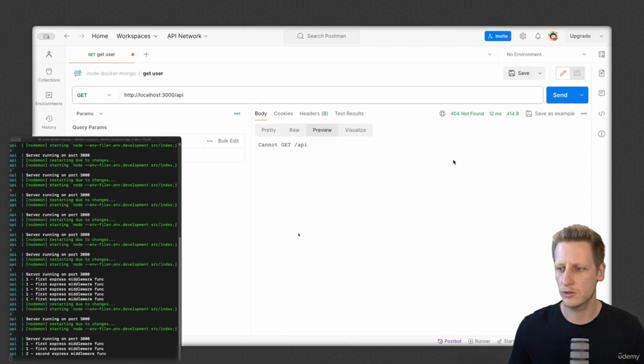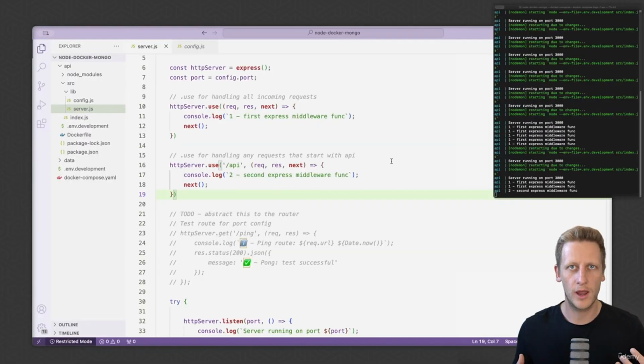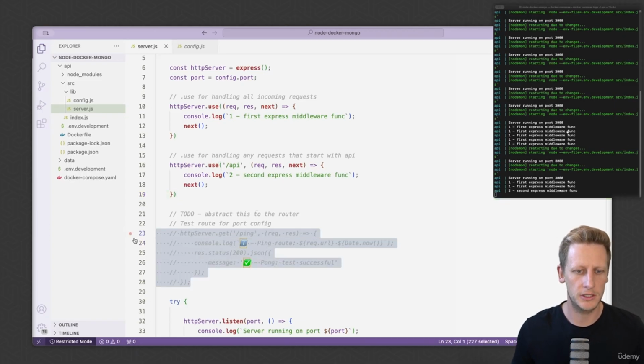But you'll see in the terminal output that we have here, we see the number 1 and that first middleware function is getting hit because it's always going to be hit. And we see that second console log, which displays the output second express middleware function has been hit. For now, we've just been getting these 404 HTTP status codes, and let's go ahead and uncomment this HTTP